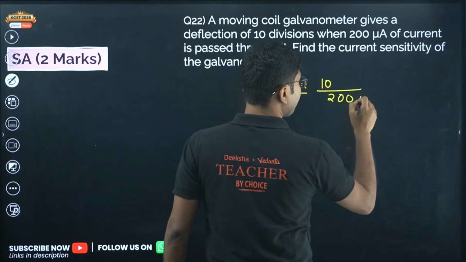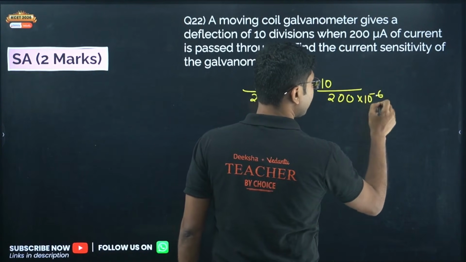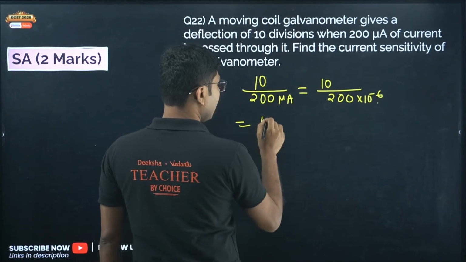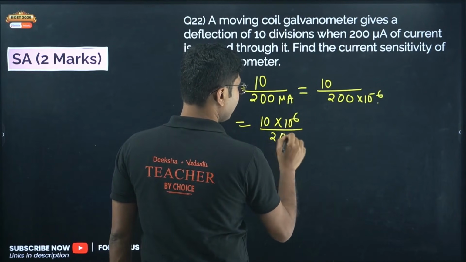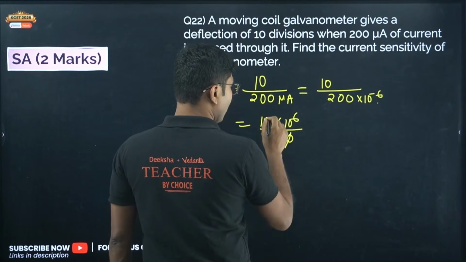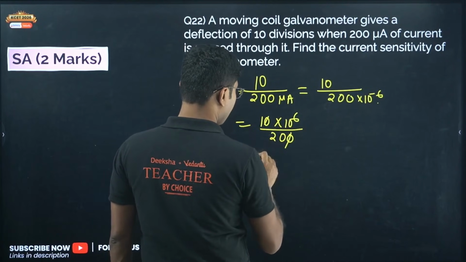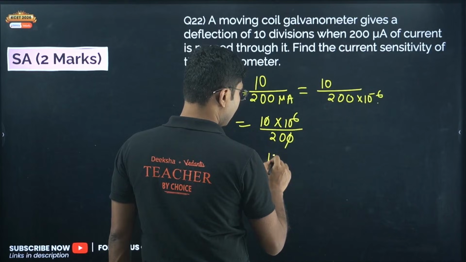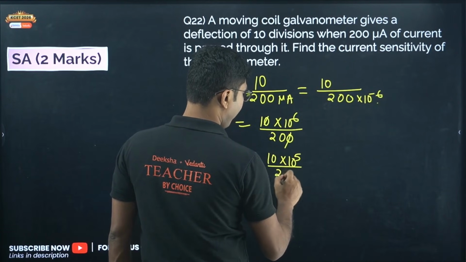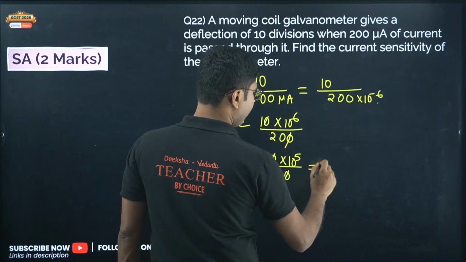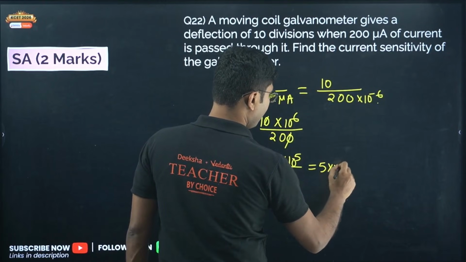So microampere means 10 to the power of minus 6, so this will go up and you will get 10 into 10 to the power of 6 by 200. Now one important thing about current sensitivity, 10 into 10 to the power of 5 by 20, so it will be 5 into 10 to the power of 4